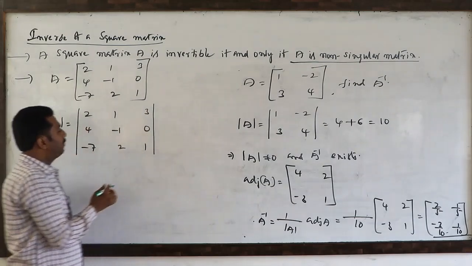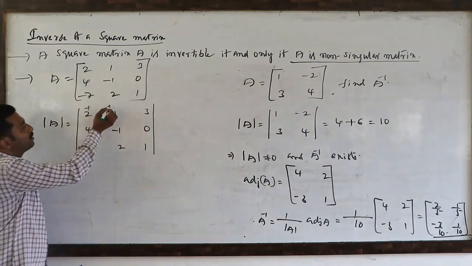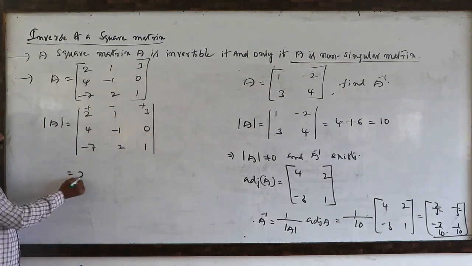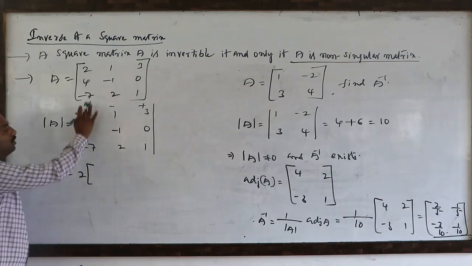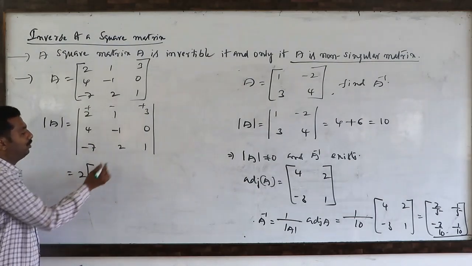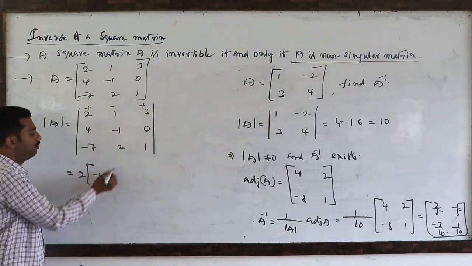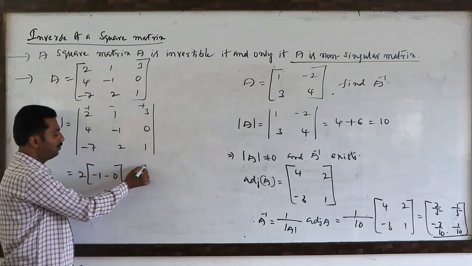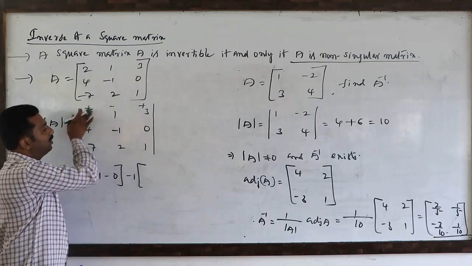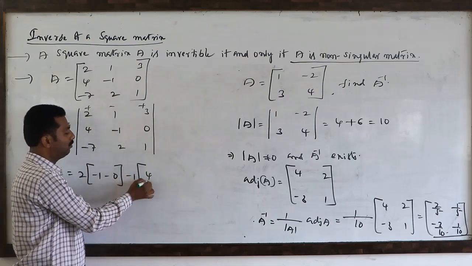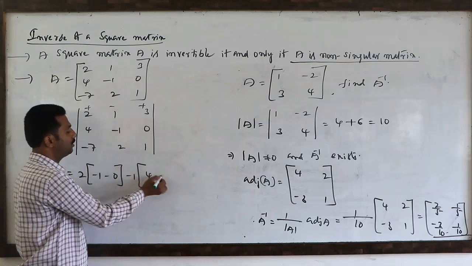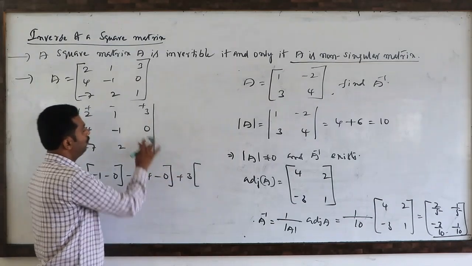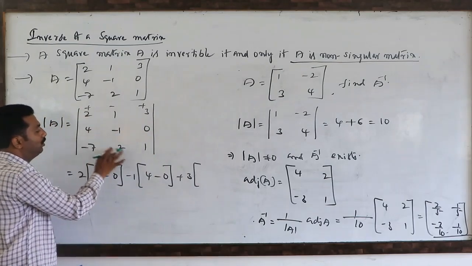We will expand this along the first row, plus, minus, plus. 2 into, you close this column and this row, minus 1 into 1, minus 1, minus 0. Minus 1 into, you close this column and this row, 4 into 1, 4, minus 0. Plus 3 into, you close this column and this row, 8,